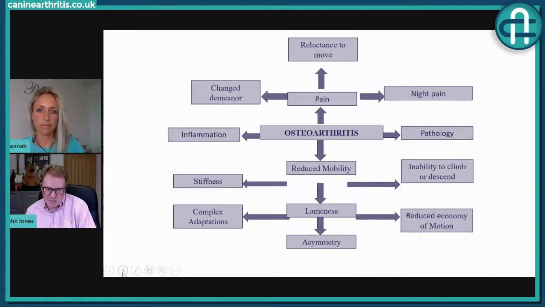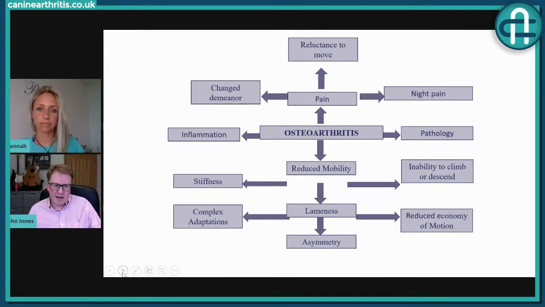So they might have reduced mobility, and that might affect them in all sorts of different ways. They might have stiffness after a lie down. They might have a reduced economy of motion, so just moving is more tiring. They can have obvious lameness. They might have difficulty going up and down stairs or doing all sorts of things that you're very familiar with, Hannah. And then on the other side, of course, it's causing all sorts of changes in the body: pathology, inflammation,